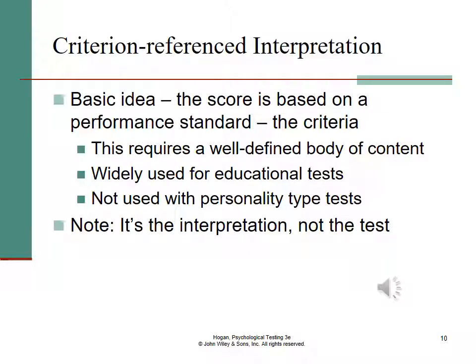Finally, let's remember that we can also have a criterion-referenced interpretation of a test rather than a norm-referenced interpretation. The criterion-referenced interpretation requires that the person's test score be compared to a performance standard or some type of criteria. In other words, the number answered correctly or the number of elements executed correctly. Keep in mind that any one test can be interpreted either way. We could look at the number of questions you got right on the SAT, which would be a criterion-referenced interpretation. Or we can look and see how your score matches up with other people of your age across the country, which is a norm-referenced interpretation.